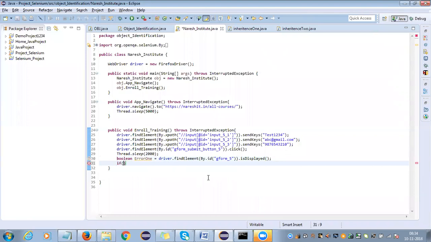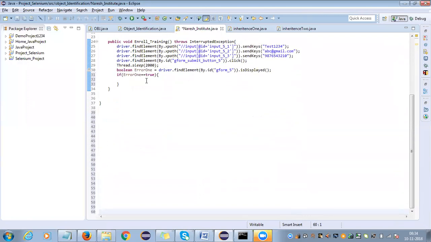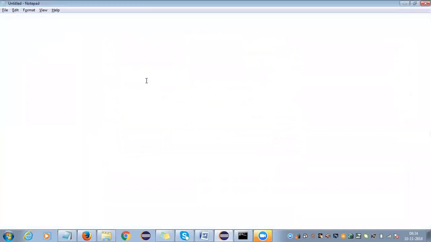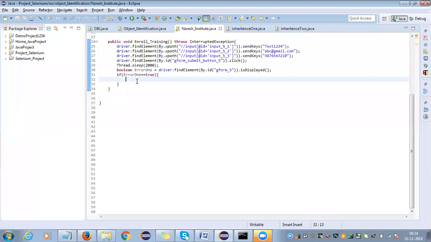If error one, if this exists equals to true as well. If this is true, what I'm going to do, I'm going to check for another error. Before that, I'll make a statement here, like if this is true, I'm just making a statement like error at the header is displayed and its value is